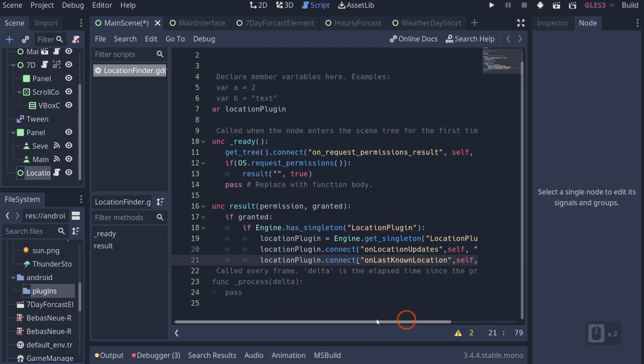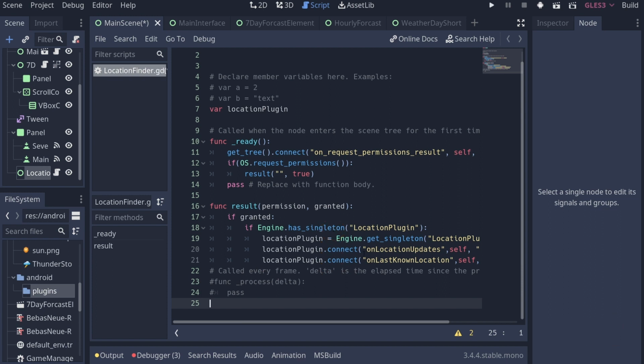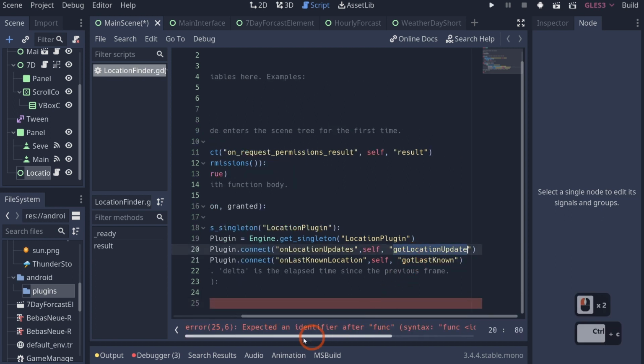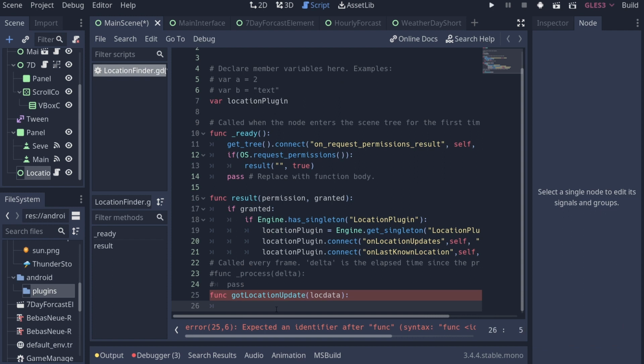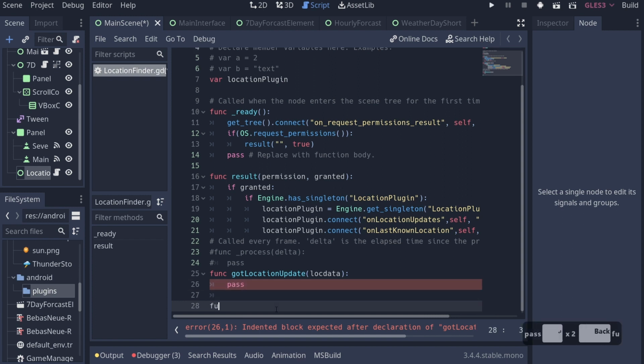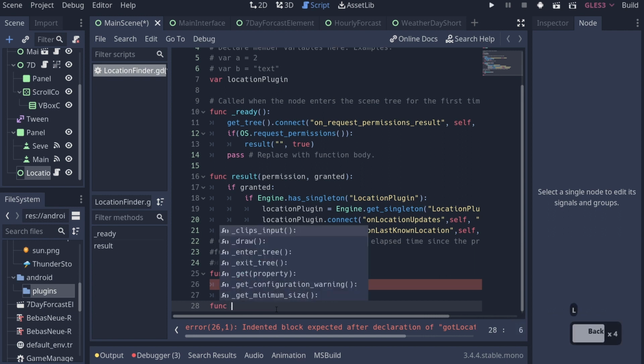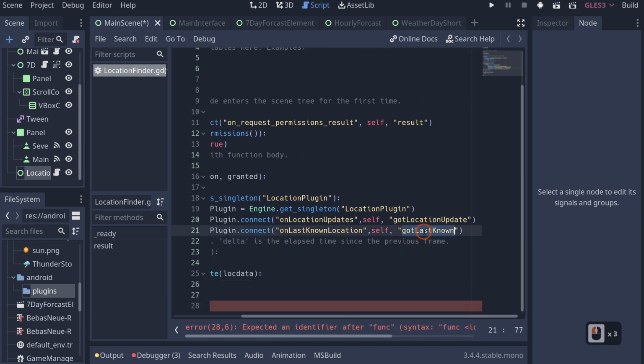Now from here, we need to go ahead and actually create these functions. So what we can do is we can say func got_location_update, just like that. And it's going to pass in our location data. And then what we can do is call our C# functionality from there. Now, we don't really know how we're going to do that just yet, so we'll go ahead and pass that for now. And we'll say func got, if I remember correctly, it was got_last_known,